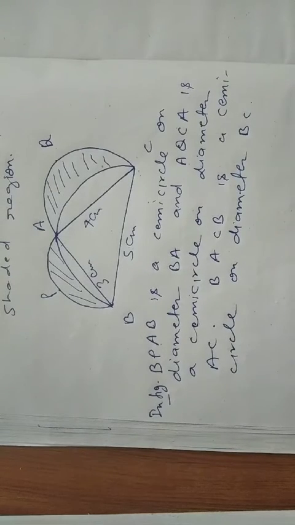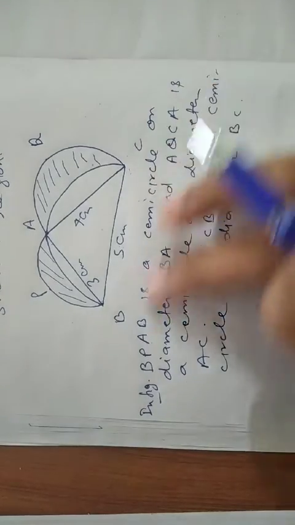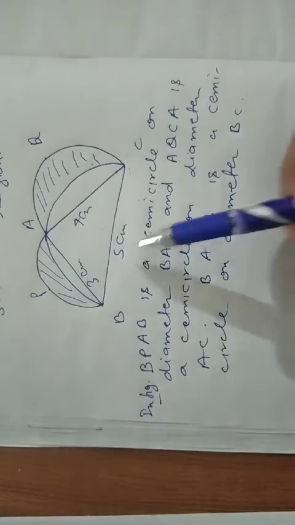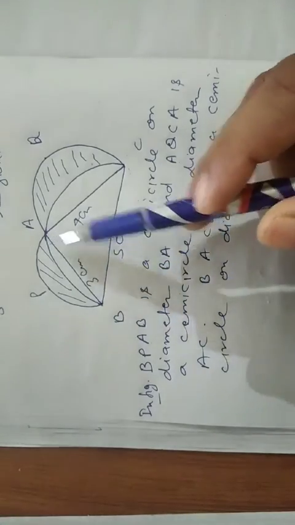So, to find the area of the shaded region, first find the complete area and subtract the area of the semicircle on diameter BC. So, dear students, we can find the complete area of the figure by the area of the triangle